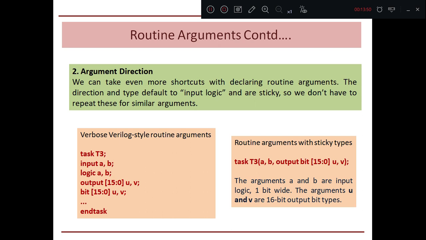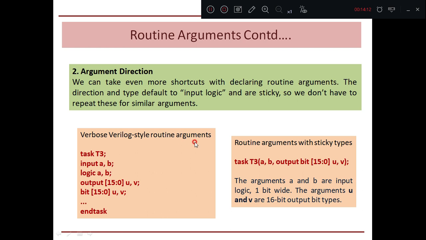Now, routine arguments continued. What is the argument direction? We can take even more shortcuts with declaring routine arguments. The direction and type default to input logic and are sticky, so we don't have to repeat these for similar arguments.